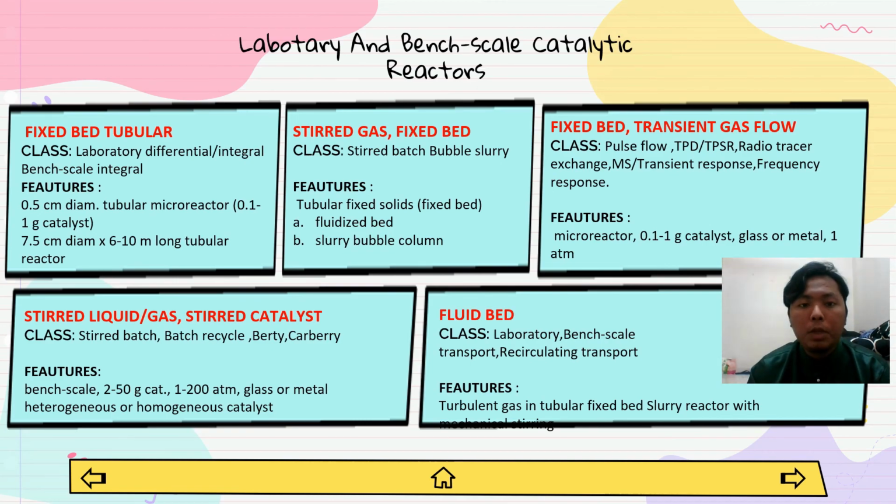Second, a stirred gas phase bed, which is also classified as a stirred batch, which is bubble slurry. The featuring of this item is it has a tubular feed solid, which is a phase bed, as I mentioned before. It has a fluidized bed. It has a slurry bubble column. Okay, what is